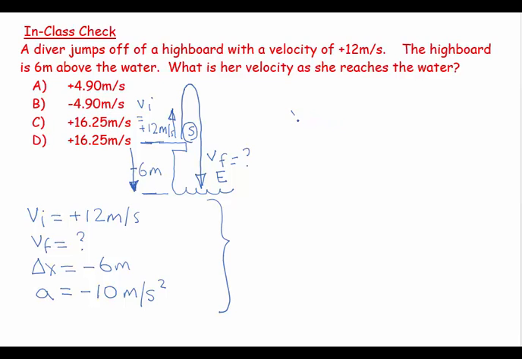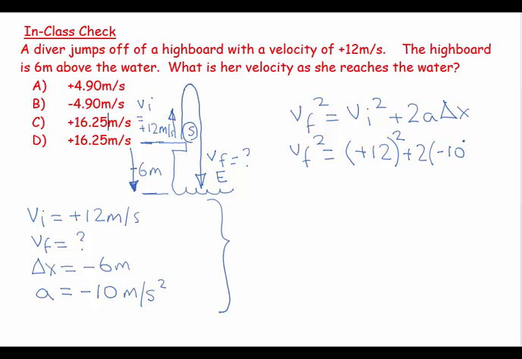And the one that comes to mind is Vf squared is equal to Vi squared plus 2a times delta x, my displacement. So Vf squared is equal to plus 12. It's a thing, so let's put it in parentheses and square it. Plus 2 times minus 10 times minus 6. So Vf squared is equal to